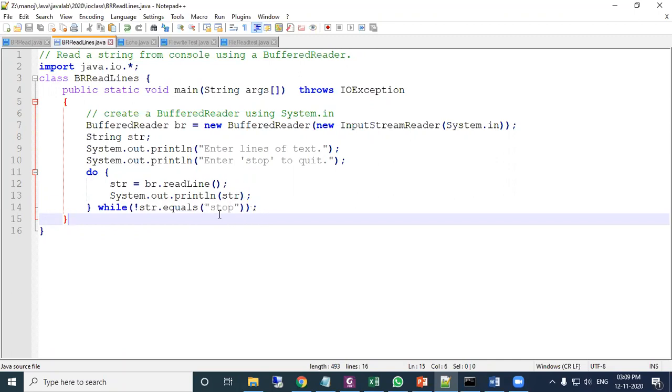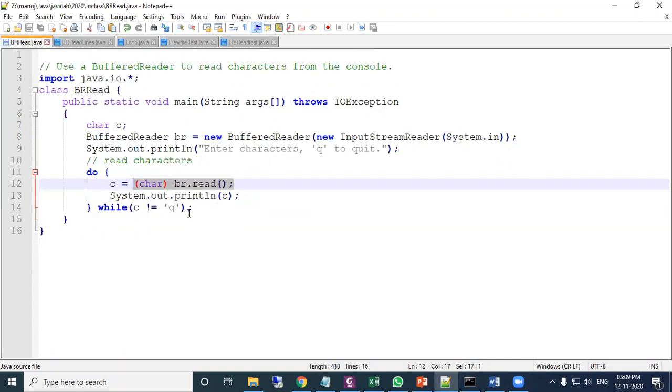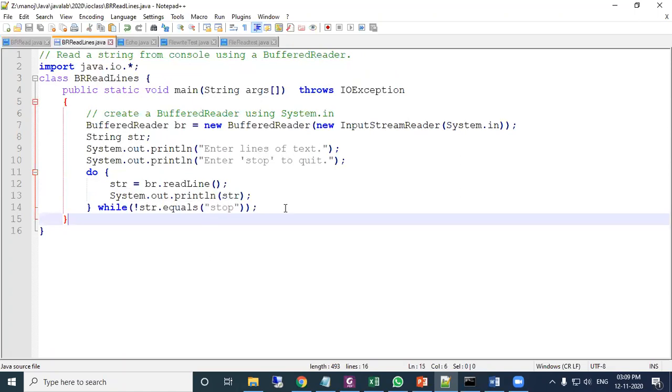When you type stop, only then will it stop. Like in the previous program, when we press q and enter it exits. Similarly, here when we type stop and press enter, the equality matches, the condition is false, and it comes out of the loop.